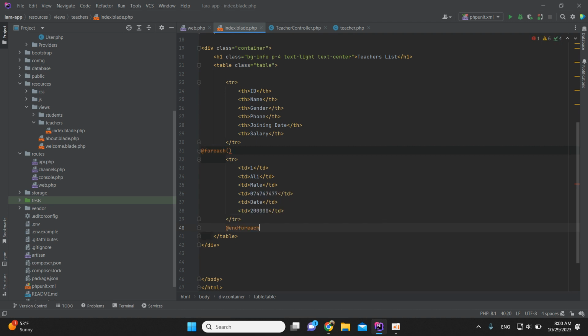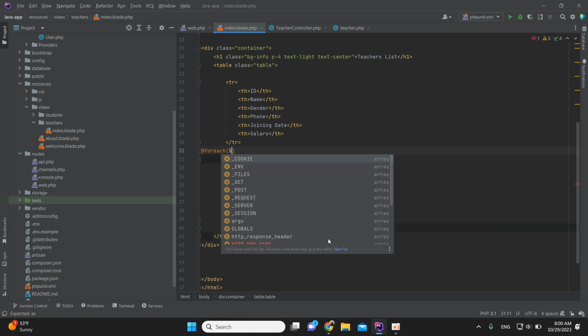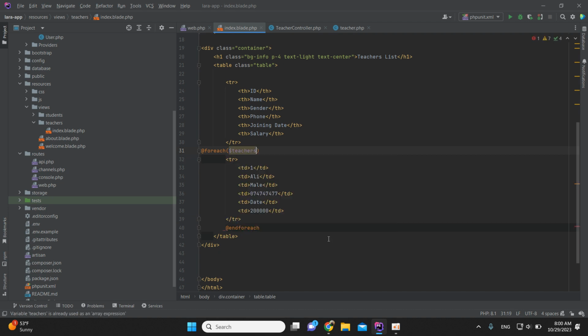That is it, without concern for PHP blocks and PHP concatenation and all that. Now inside the foreach, we have already returned an object with the name teachers. foreach $teachers as $teacher, meaning for each record within the teachers list, fetch the individual one for each iteration and store it in this teacher object, and from there I wish to display it